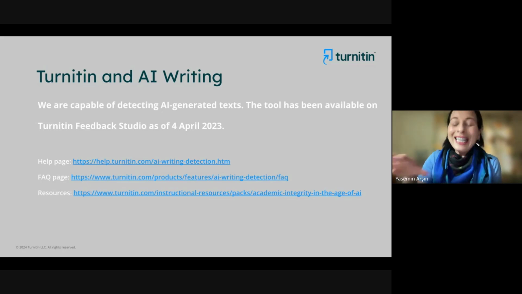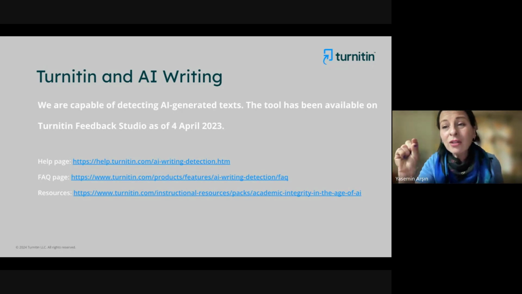That is why it really depends on the institution, the teacher, the teams in your university. So it really depends on how you will interpret the score. Turnitin will never accuse anyone of academic misconduct. Even when you hover over the AI box with your mouse, it will tell you caution, review required. Maybe there is no academic misconduct.